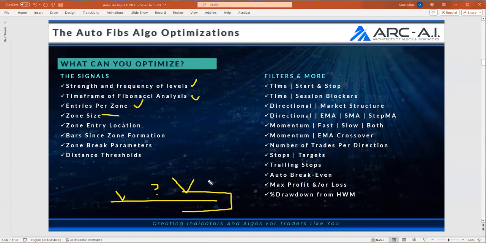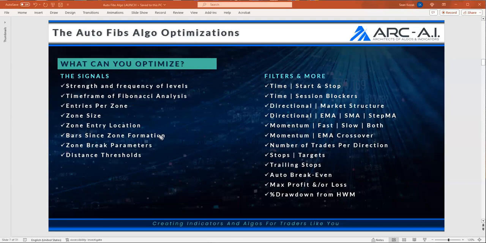You don't need to worry about trying to figure that out. Let the software tell you that, based off the historical price action on all these levels, it's better to enter near the level, not exactly on the level, because you're going to miss a lot of trades if you don't. We have the ability to create distance thresholds. If a level breaks, how far does it have to break through before it's no longer valid? These are things that humans are always asking: when should I trade support, and when should it not be support anymore?